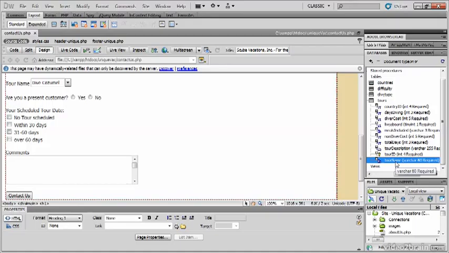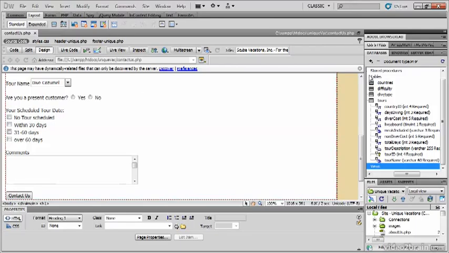Now, the other piece of information we want is, internally, we reference our tours based on tour ID, not tour name. So what I want to receive when the user fills out the form is the tour ID. What I want the user to see when they choose a tour is the name of the tour. So those two pieces of information we need to pull out of the database, and then we can populate this